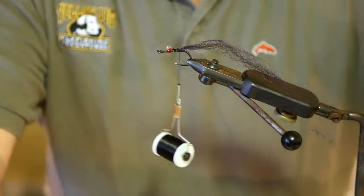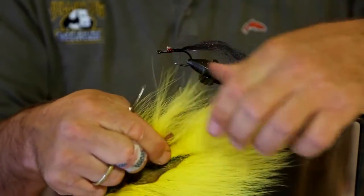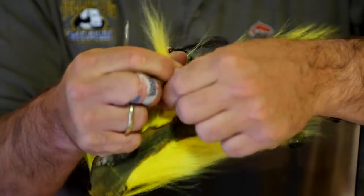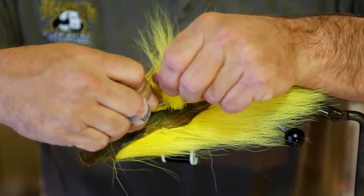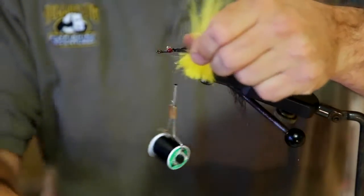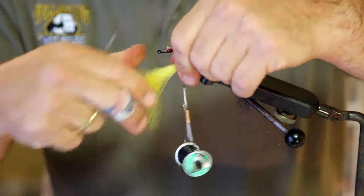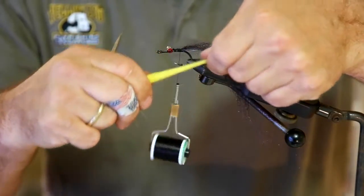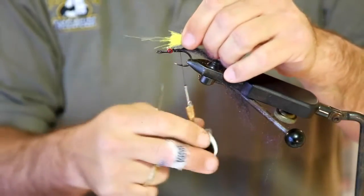And now I will tie in some of the yellow bucktail, and I like to grab a piece where it's a little longer, which is up towards the tip of the tail, and then make sure that I cut all the way down at the base of the hide to make that as long as possible. Hold the tips and pull out the guard hairs, as you should do every step along the way any time you're using bucktail. And now I just have nice long pieces, and I'll put this on the back,